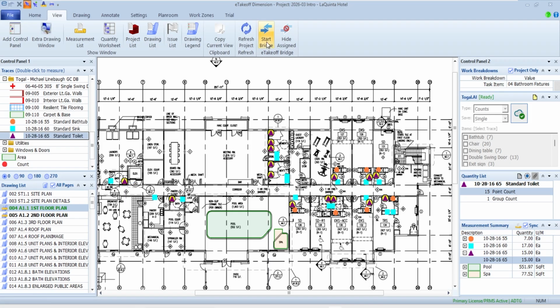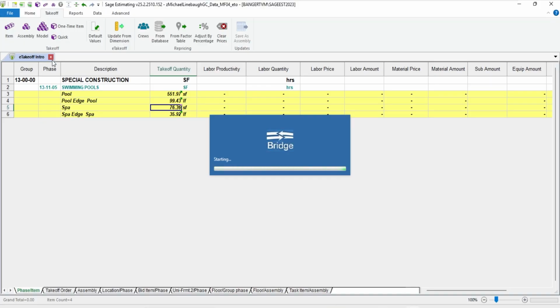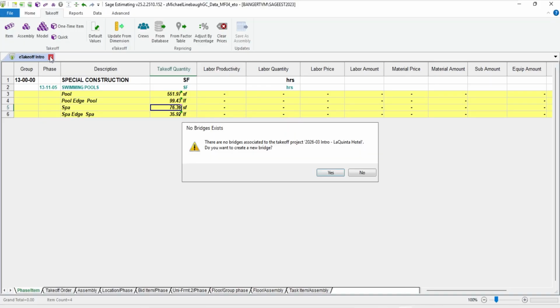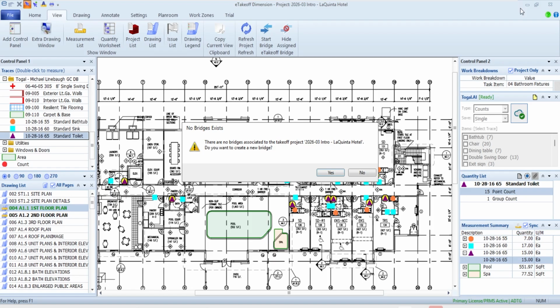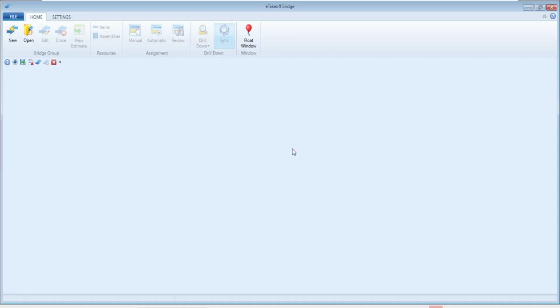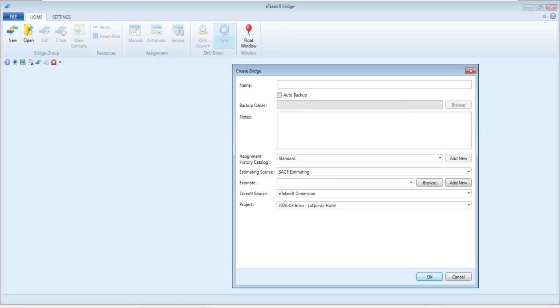So there's a program called Bridge that is actually kind of the middleman that'll help me find the different things that are on this project to facilitate getting those over to my estimate. So I'm going to go ahead and start Bridge up. I'm also going to go back to my estimating and get out of that estimate. So as soon as I try to start Bridge up, it says there's no project associated with this project that I'm working with and need takeoff. So I'm going to say, yes, I want to create a new one. And I'm just going to go ahead and say, oops, got to click up there to get there.